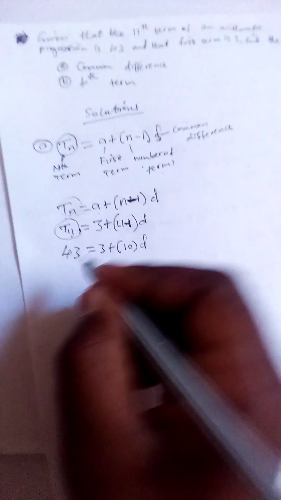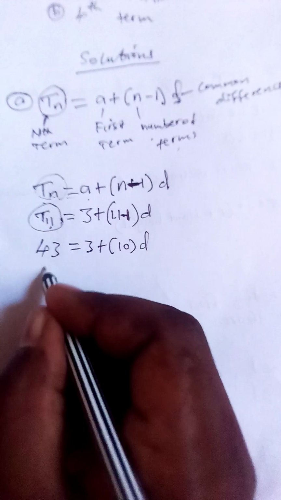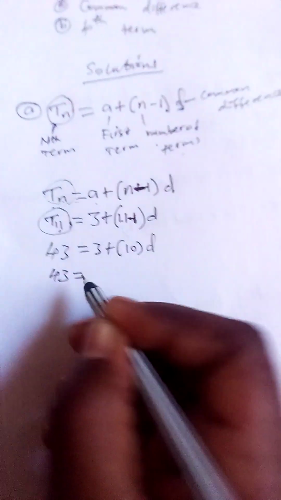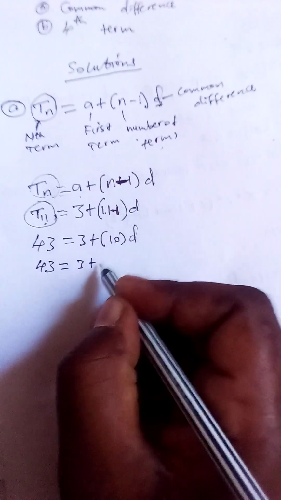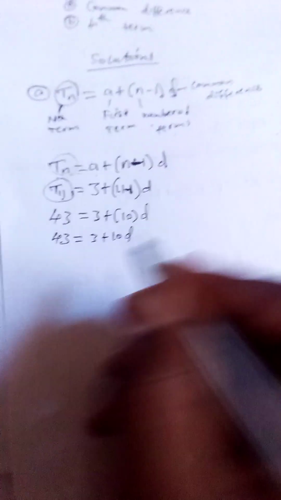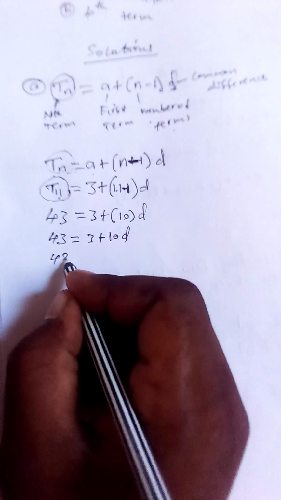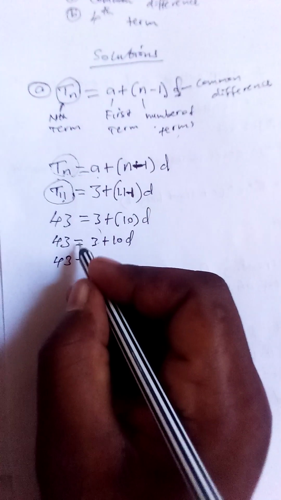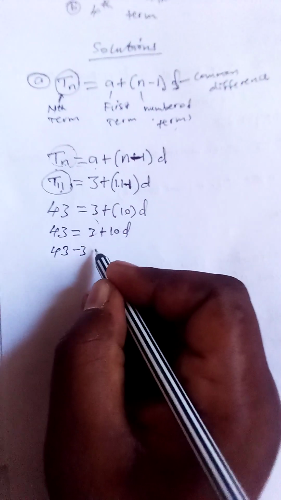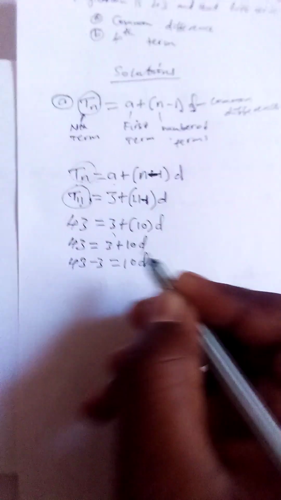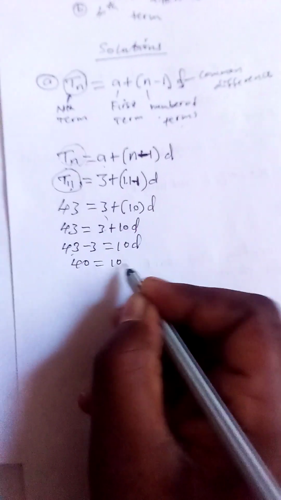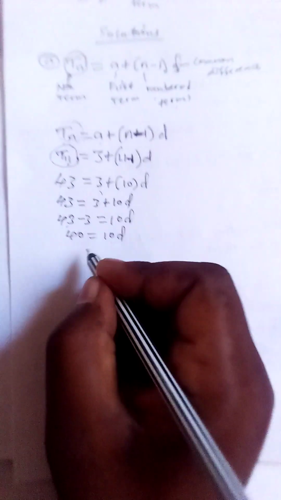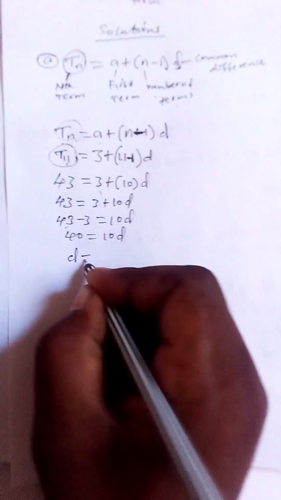Then we have the d out there, okay. So 43 equals 3 plus 10 times d, we have our 10d there. Then we say 43 minus 3, this 3 will cross the equal sign and it will become negative since it is positive. It is equal to 10d. 43 minus 3 is 40, equals 10d. Therefore, d equals